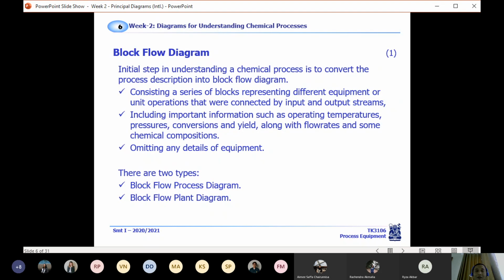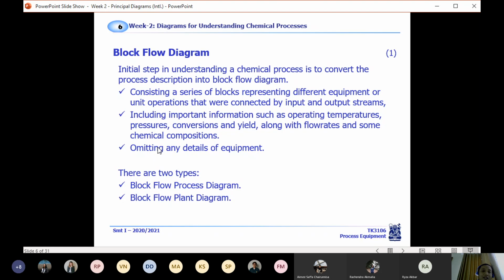For example, in the methanol industry, you want to have the production of methanol with a purity of above 95%. So the important information you put in the BFD is actually in the product, the purity above 95%, something like that. We didn't put the composition in every line, in every stream. We just put the important information in the specific important streams.